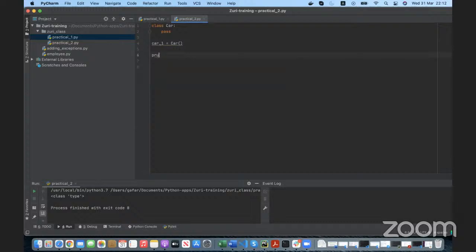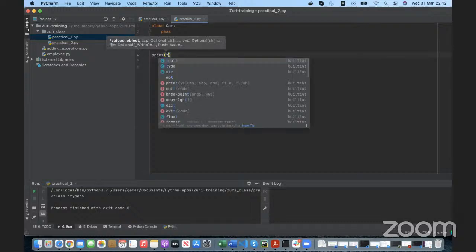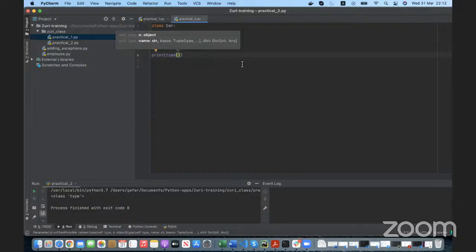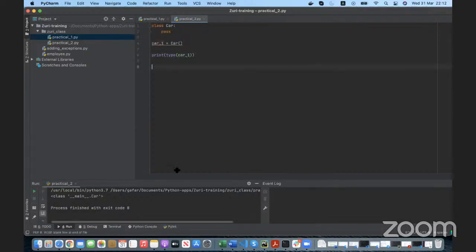So let's print this out. Just have a look at what this is. It will point to a memory address. So looking at this, you see it's an object. This signifies that it's an object of that class because it's dependent on the main function of car, which is a class we're calling. So basically, that's how you create a class, and that is how you create an object of that class. So, okay, we'll comment this out, and let's move on to the next